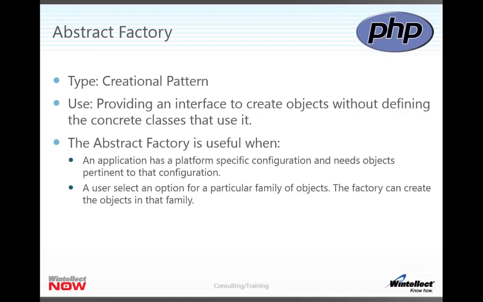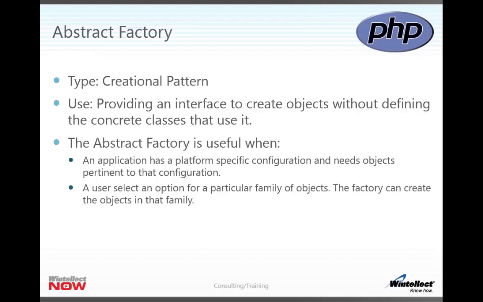Suppose I wanted to create an application that had a particular kind of object, such as Chevrolets or Fords. Those would be families of objects. I want to select a particular brand of car, so I would select, hey, I want the Ford factory, the Chevy factory, or the Dodge factory, and then in that I might have get pickup, get car, get sports car, or something like that, and it would return me a particular instance of that particular object.